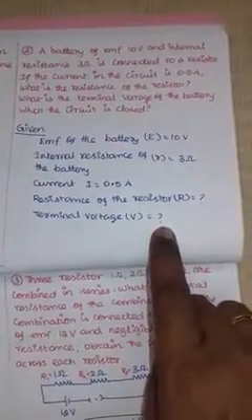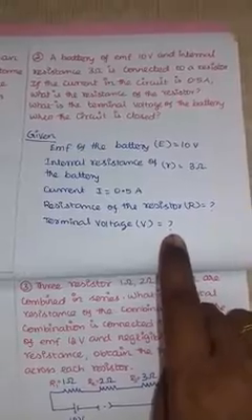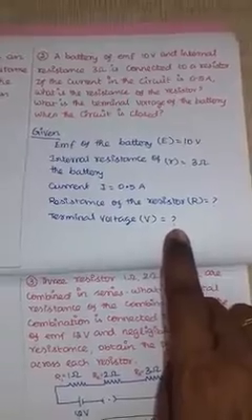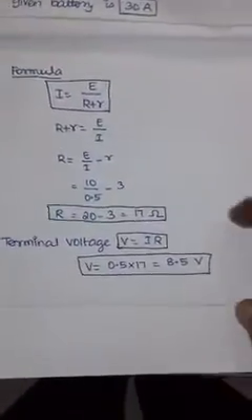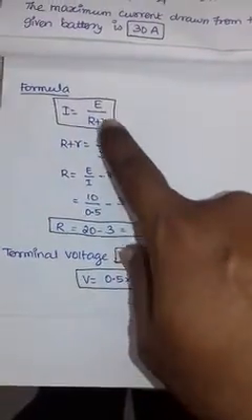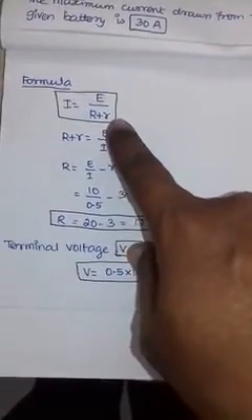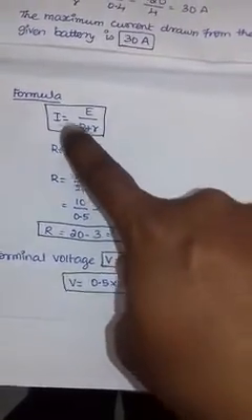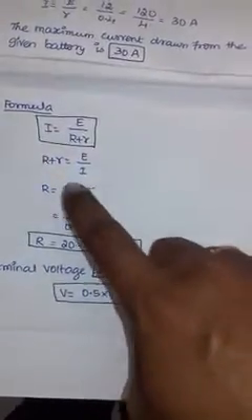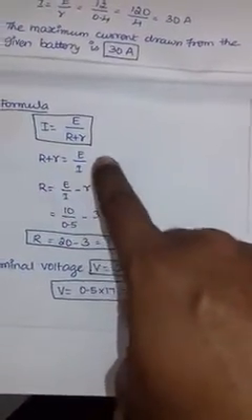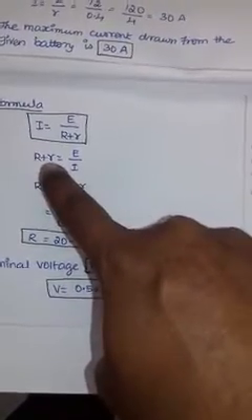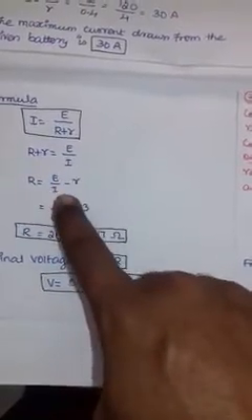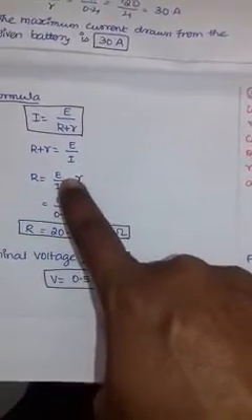So, do you have any guess what formula we are going to use here? Yes, I is equal to E divided by capital R plus small r. Here capital R is the total resistance, and small r is the internal resistance. So, just cross multiply this equation. So, R plus r is equal to E divided by I. So, plus small r should go to the right side, therefore it becomes capital R is equal to E divided by I minus r.